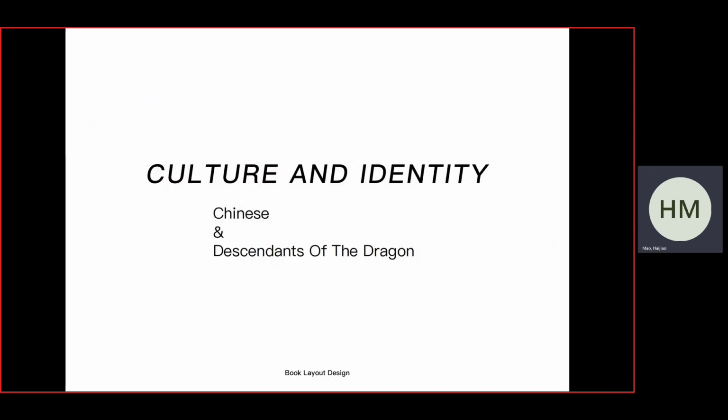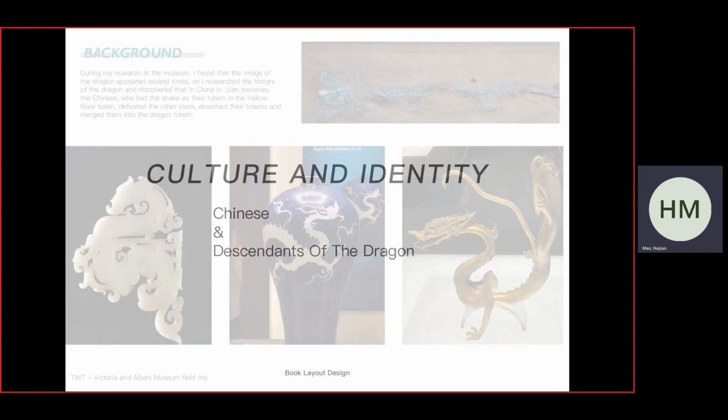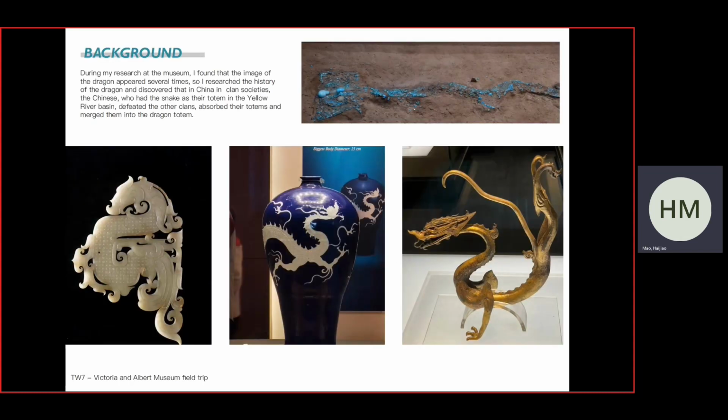The second project I want to talk about the culture and identity. The main topic is about the Chinese descendants of the dragon. Firstly, I have so many inspiration from the museum. During my research at the museum, I find that the imagery of the dragon